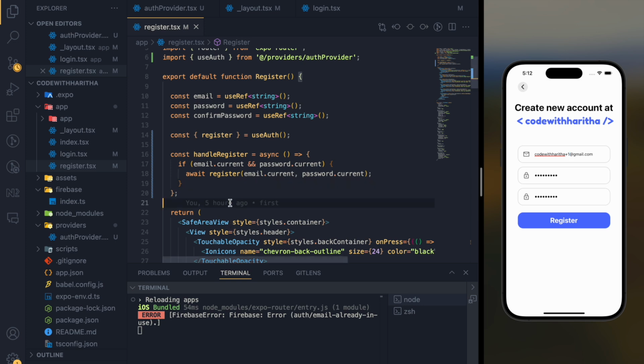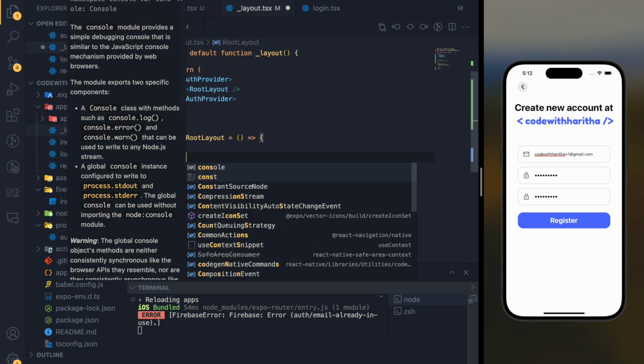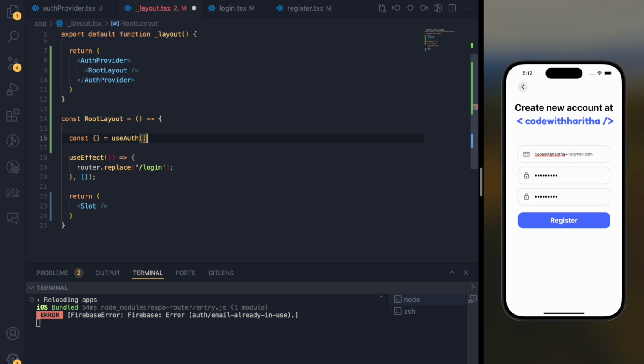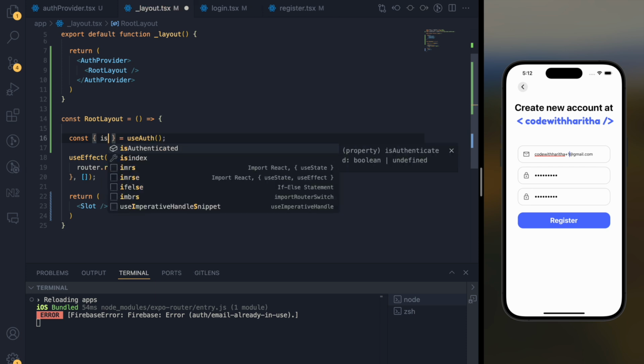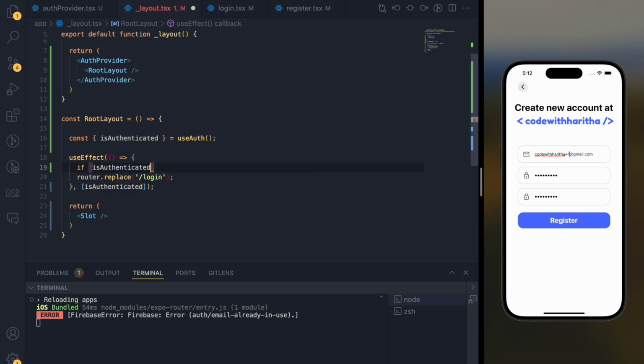Okay, so actually what happens is now the registration actually works, but our app doesn't navigate to the home screen. So the reason is we haven't done anything over here. So that's a mistake. So let's import the use auth, and here we are going to use is authenticated. So now we can put it as a dependency, and also we can see if